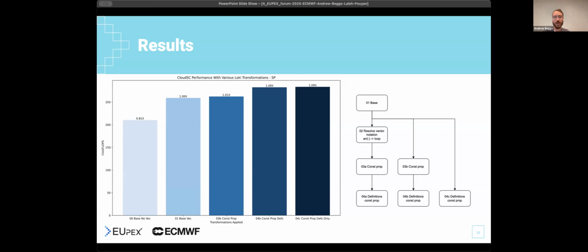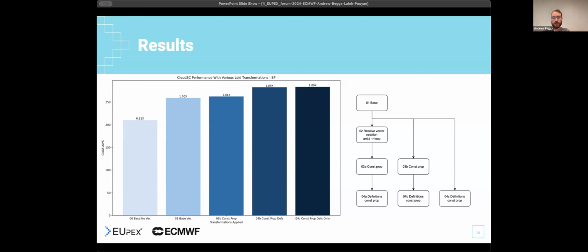So we start off with the base Novec. This is literally CloudSC as you pull it. I have auto vectorization by the compiler disabled. And then we go on to O1. I've used that as the base of my measurements because it feels like cheating to go with Novec. Compilers these days are pretty good at vectorizing on their own.